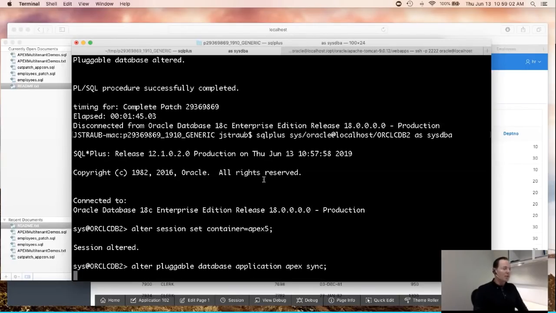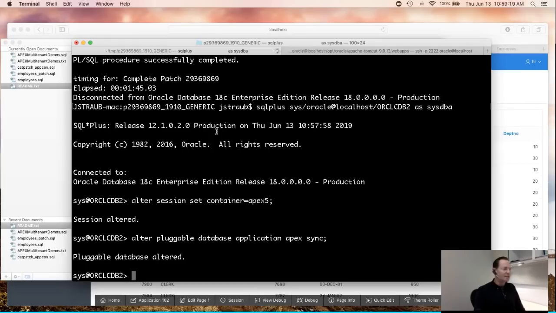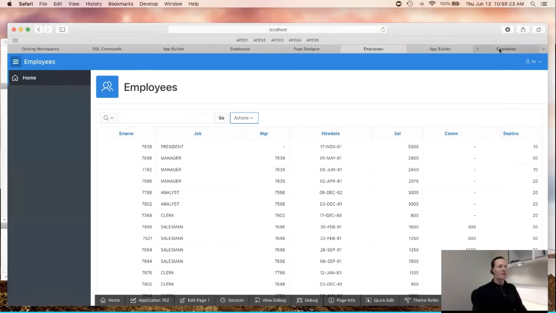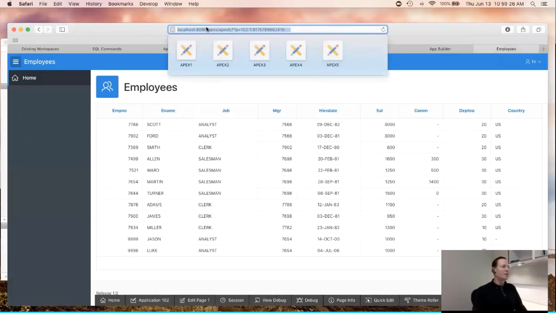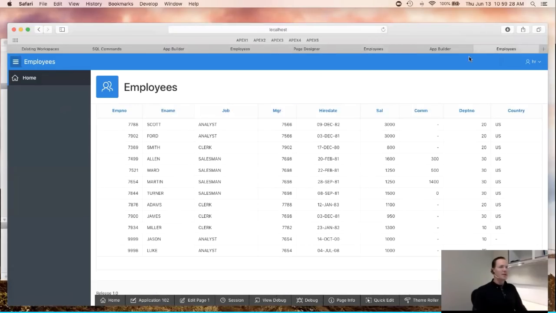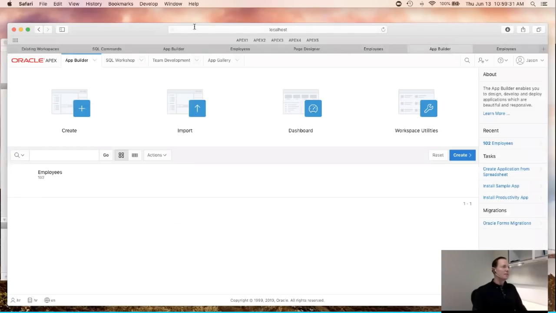And it will replay everything from the patch set exception that I ran in application root into Apex 5. While Apex 4, we can still have web listener access to it, and it'll run unchanged and be unaffected by this. So let's go back to make sure we're on Apex 5. We are. Let's do that same change here in Apex 5, where we